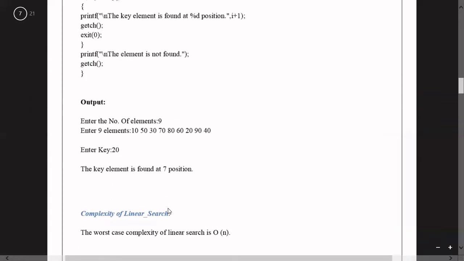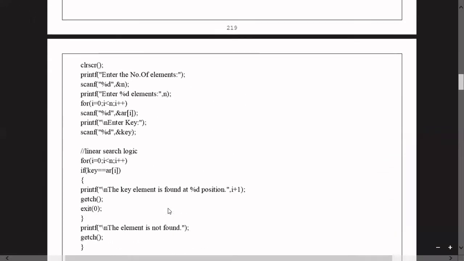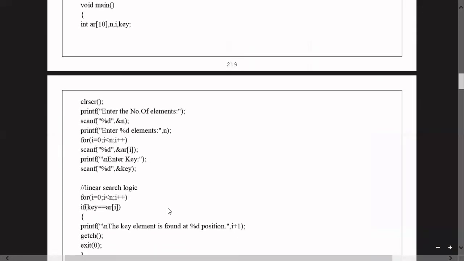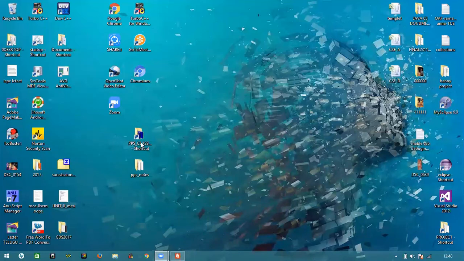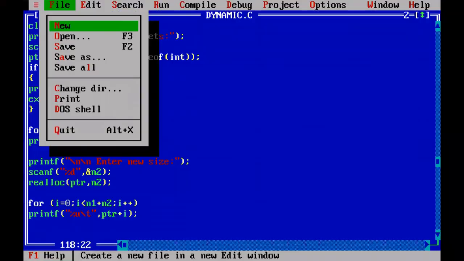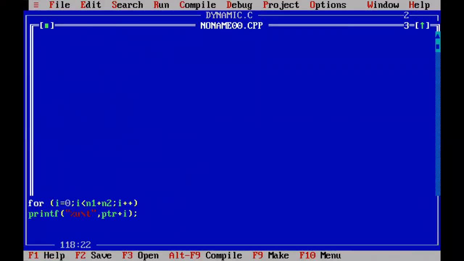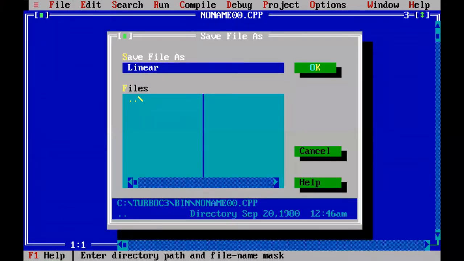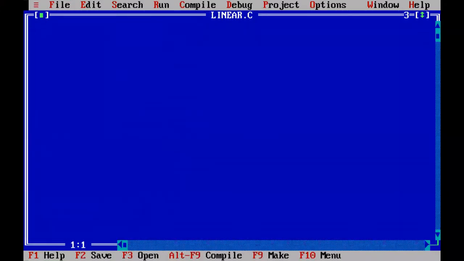So there is one example program. For that, we are going to open Turbo C and find out whether the program is working or not. Open Turbo C. Go to File menu, New, maximize it, Alt F, save with the name linear search.c, linear.c, and start with void main. Write getch and come to the declaration part.